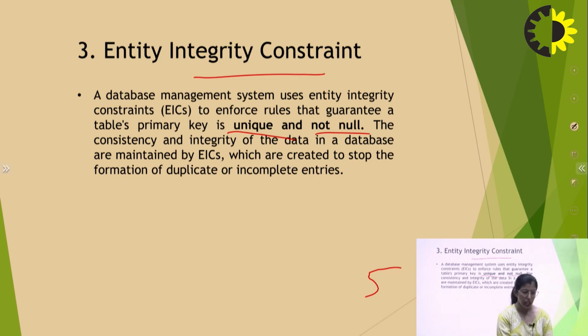Because if we take the example of a college level database, then if a student doesn't have any roll number, how can we find that particular student? Because name can be used, but it might be a possibility that many students of the same name exist in a particular class. Then how are we able to find that particular student? So, in that case, we cannot allow this particular roll number to be null as well as have duplicate entries.